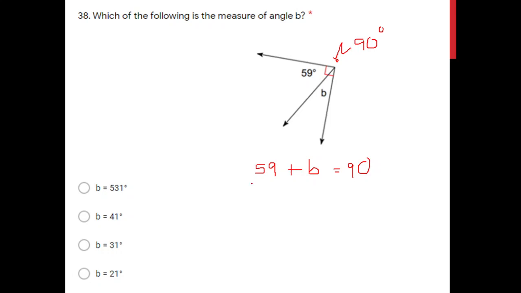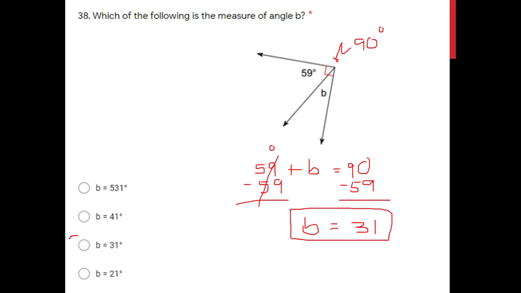So you have positive 59, you just add a negative 59 here, same as the other side. There. So this will cancel out, that is equal to 0. So what's left is b. I'll just bring down b here. And then you have 90 minus 59, that will be equal to 31, which is this one. So if we add 31 to 59, that is equal to 90. Next,